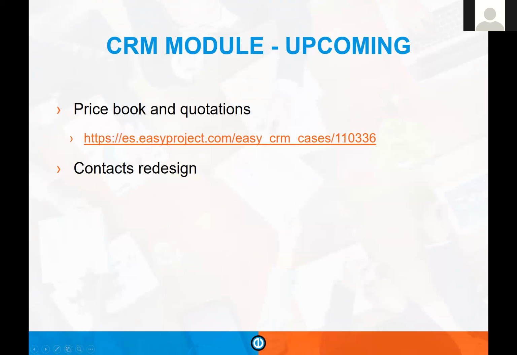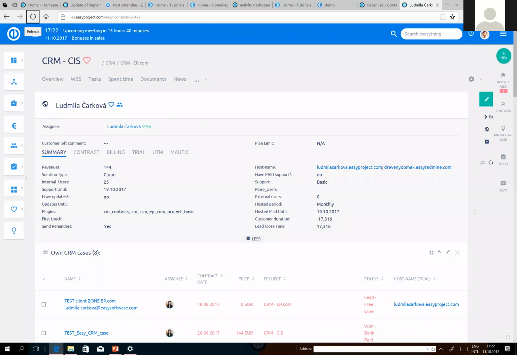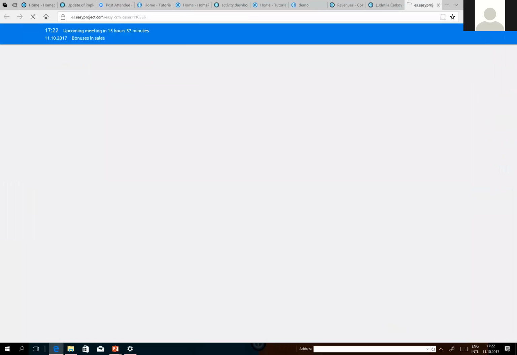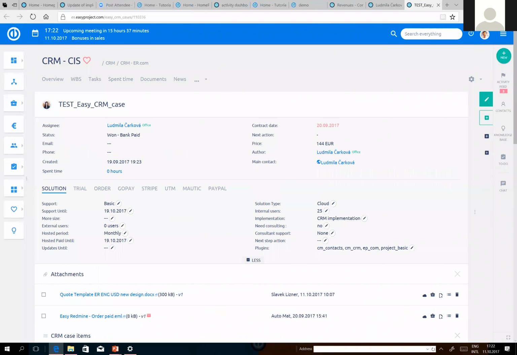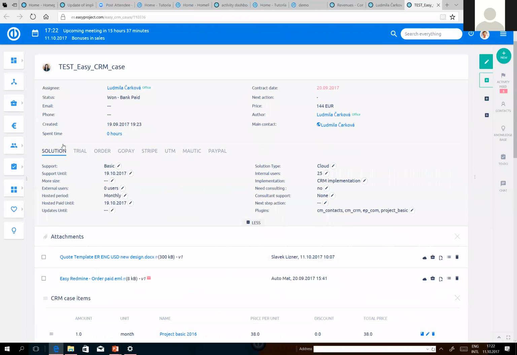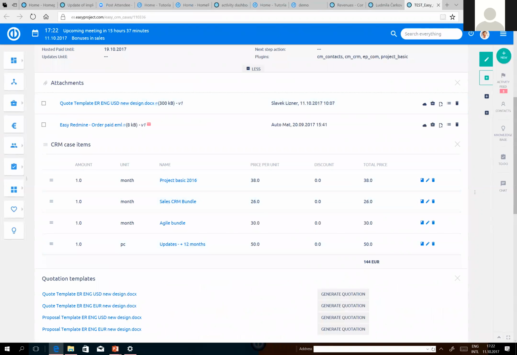It's a price book and quotations. You might know such a functionality from other big CRM systems, where basically all CRM systems have this very advanced feature. What it does in the backend, I can create in a very sophisticated way